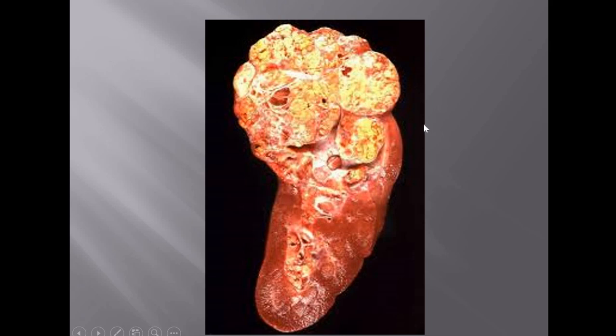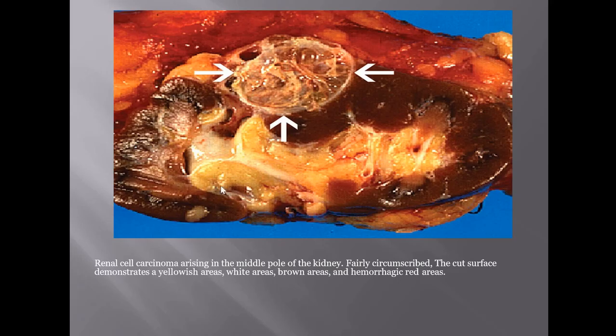So this is a gross picture. Typically, renal cell carcinoma is also called a hypernephroma, which means it tries to sit above the kidney, and the most common location is the upper pole. Second, it has a very heterogeneous appearance, with cystic areas, hemorrhage, and necrosis. Sometimes they also have a yellowish tinge because of the extensive lipid content, so the color will be pale to tan yellow. Here I'm showing you the cystic component of the RCC.